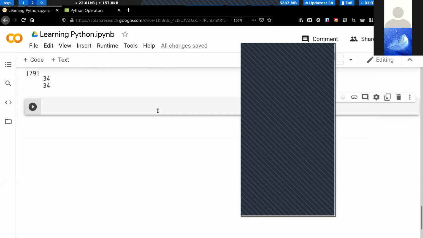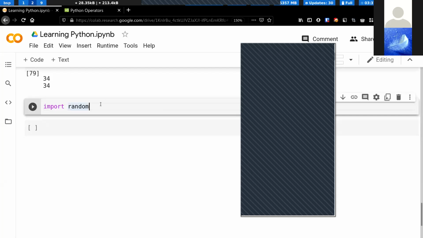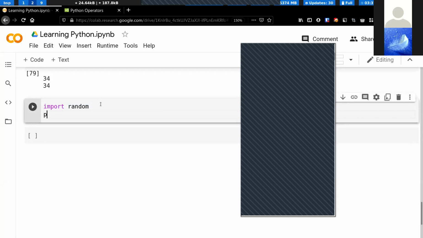So you must be familiar with hash include in C++ and all. In Python, we have the import statement. So we can import random. Now random is a library to generate random functions. I misspelled it here. Let me correct that. Yeah, import random. What it does is it imports random functions. Now we can print